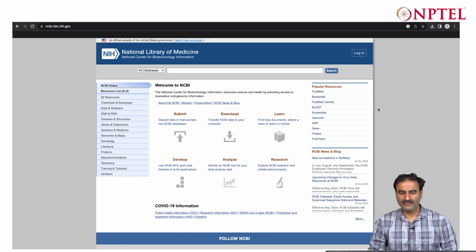If you see here, you can log in. You can create your own login and register with the NCBI database. This will help you when you want to retrieve data, as you can use their services for retrieval of data. Then it provides the option to submit and download, and also provides a list of all the services and